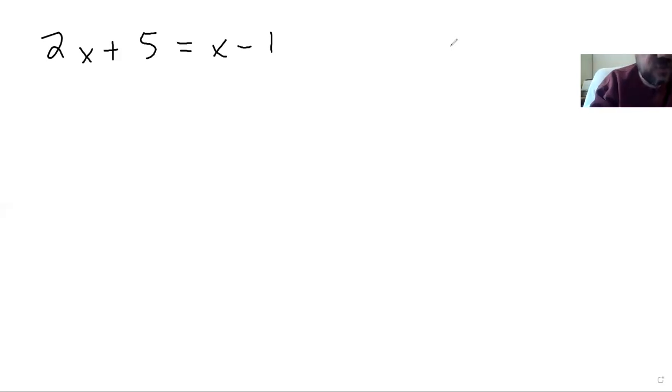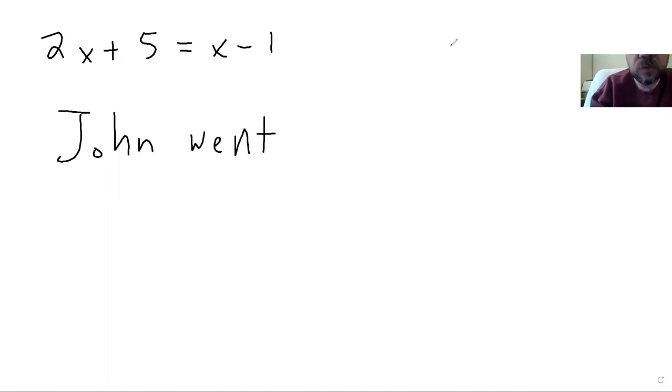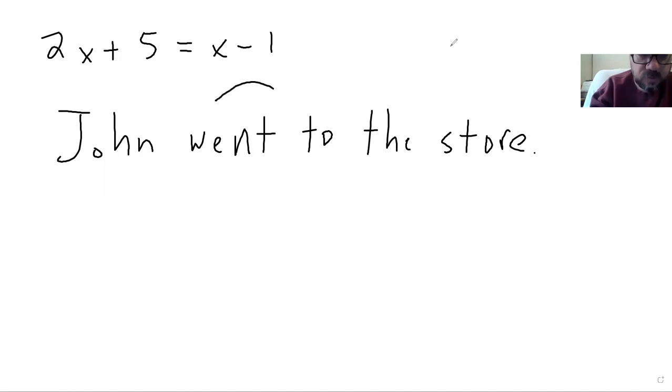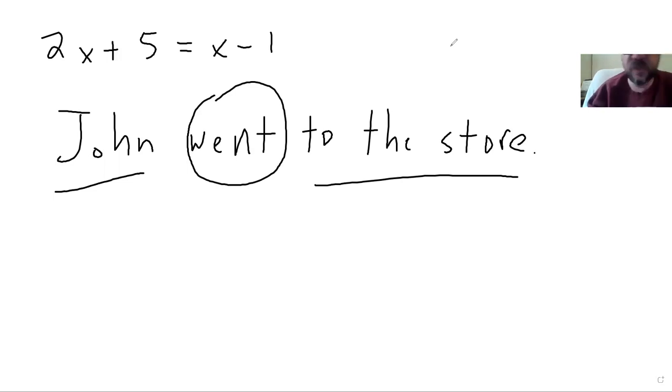So, John went to the store. There is a sentence. It has a verb, and there's an actor and an action, right? And so you've got your subject and your predicate, basically. These things are like expressions, and the verb is like the equal sign. In fact, the most common word that is used to represent an equal sign is the word "is," which is a verb. So for instance,